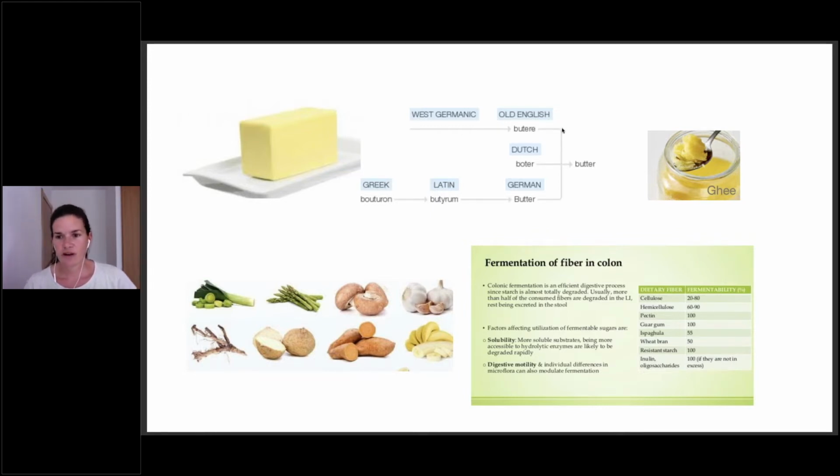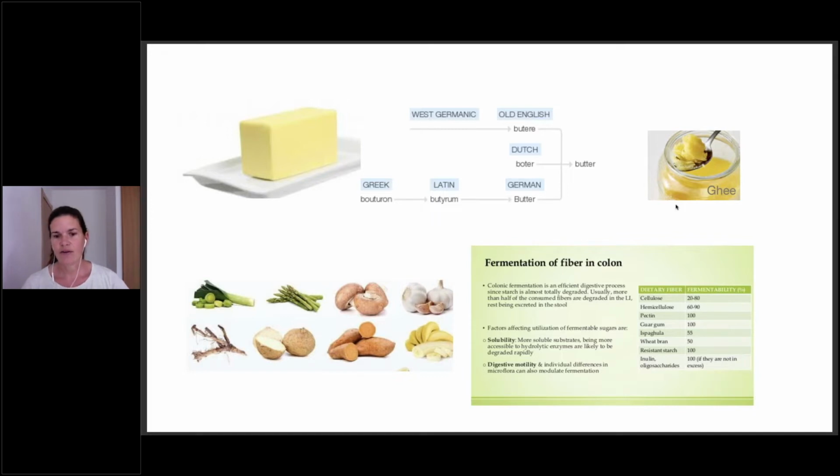Also, nowadays very famous is the use of ghee. I don't know if you're aware of this product. They're quite fashionable nowadays. It is a type of product related to butter, especially called clarified butter or ghee. It has been used for centuries in the Indian culture and the Ayurvedic medicine. Also, there's another way where we can get butyric acid